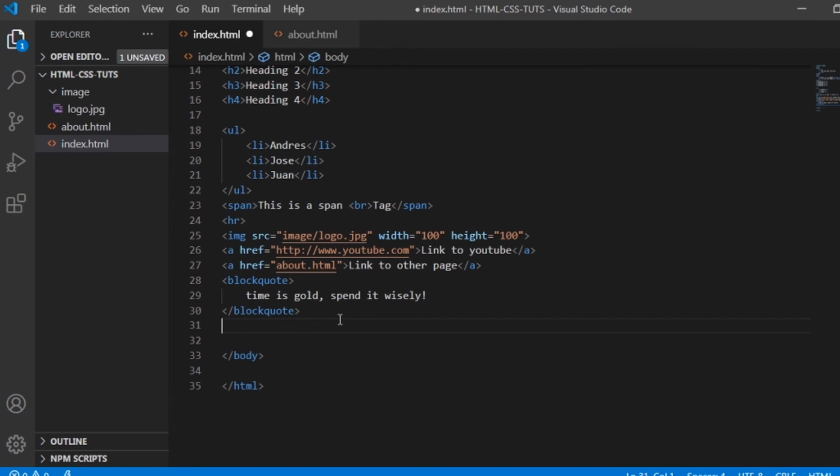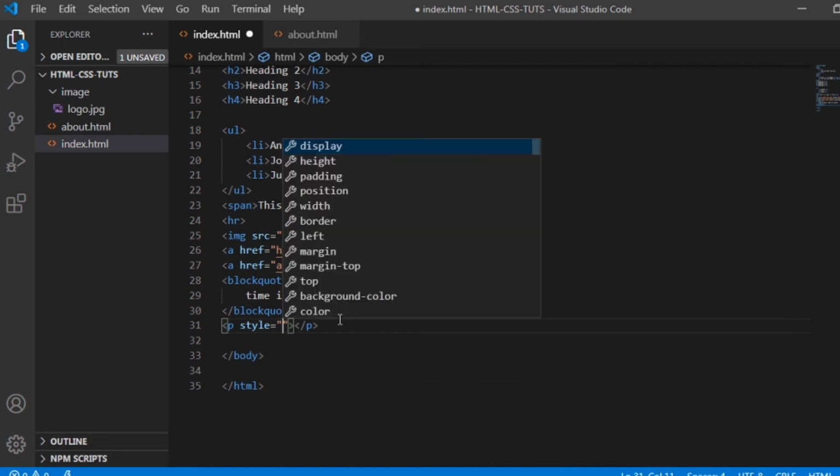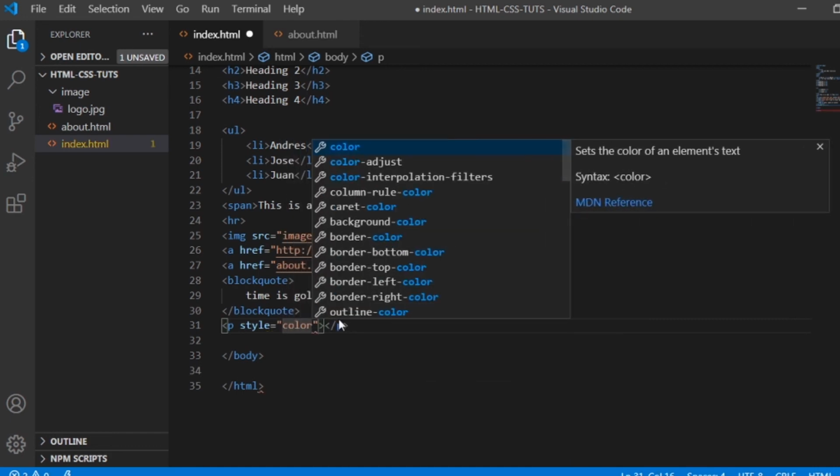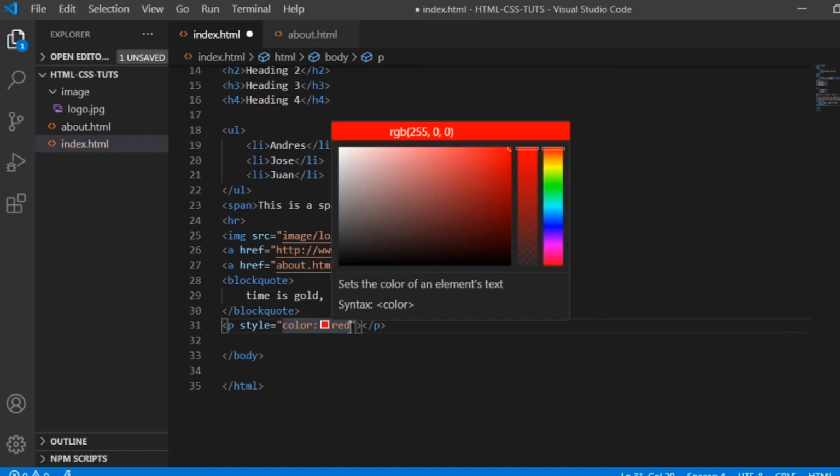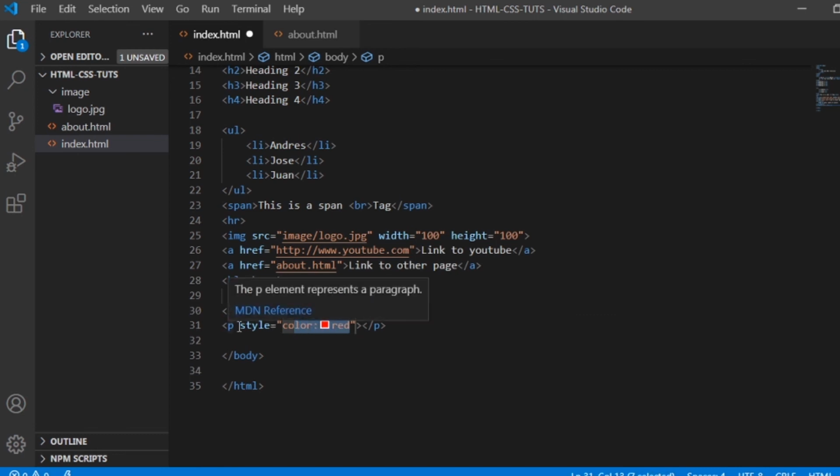The next thing that I am going to introduce to you is an attribute inside the tag. Let's say, for example, P, the paragraph, and then you could add an additional attribute inside the P tag. Let's say style, color is red. Actually, guys, this is a simple CSS style: style equals color equals red.